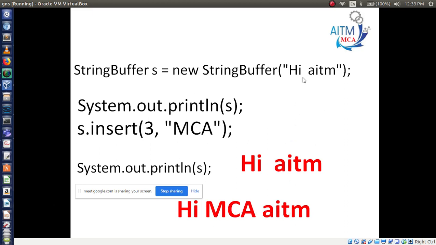So in the third position I am inserting MCA. h is 1, i is second, and third position, here I am going to add MCA.